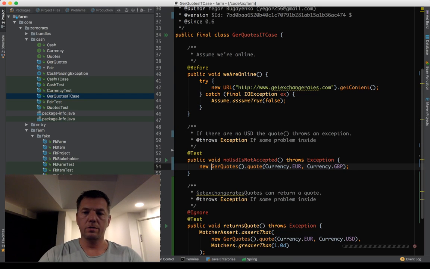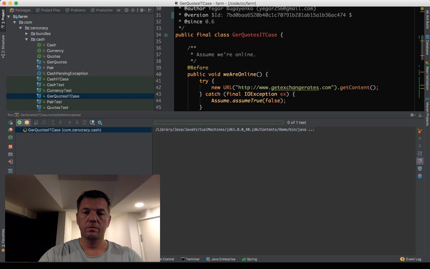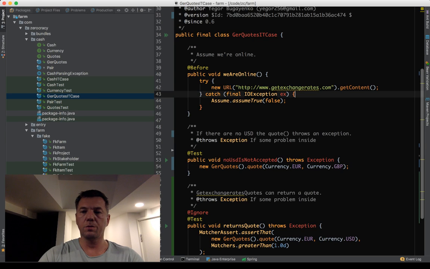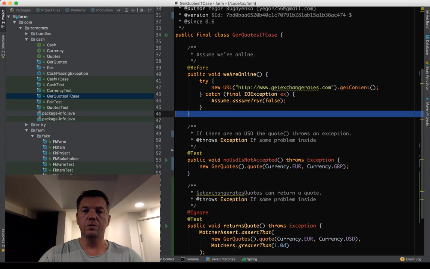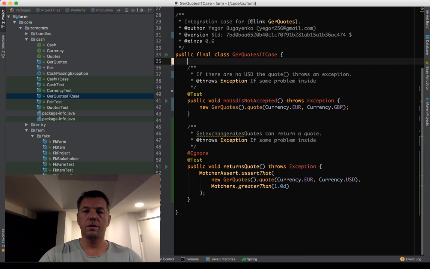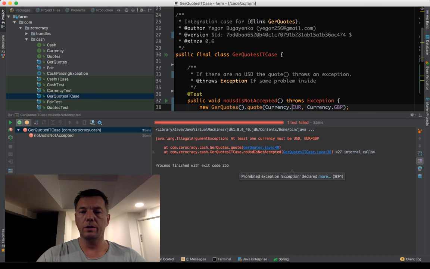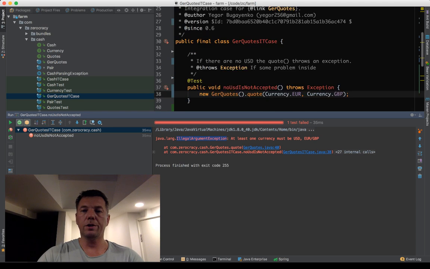Wait, why is it not working? You see, it just doesn't work because of this URL. Let's remove this Before thing. So we're expecting an illegal argument exception now, yeah, like this.